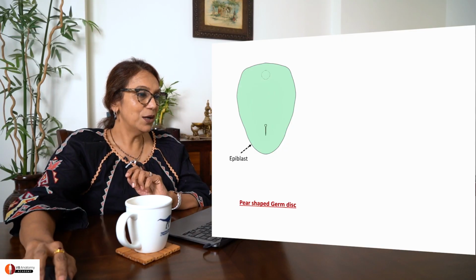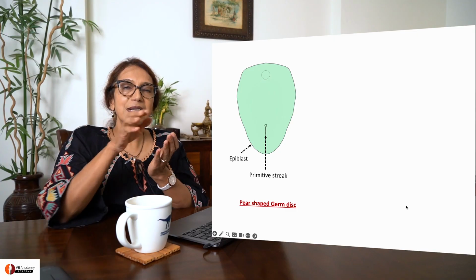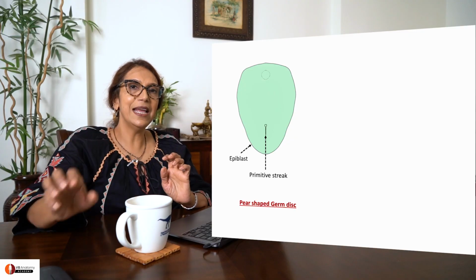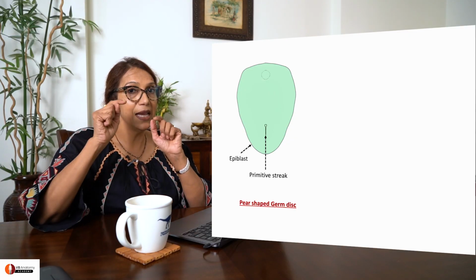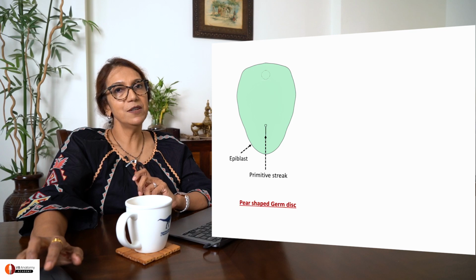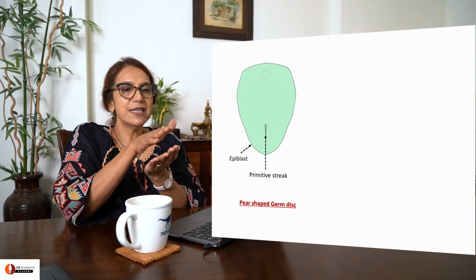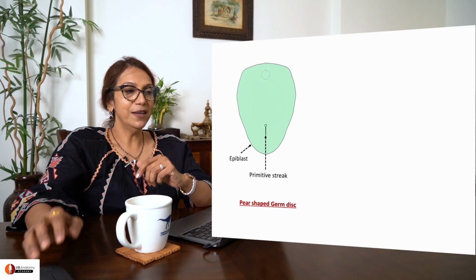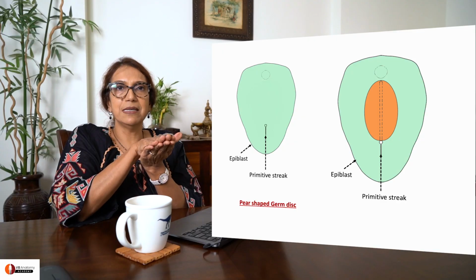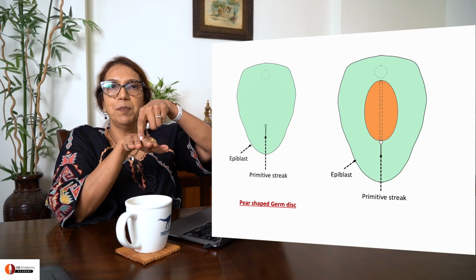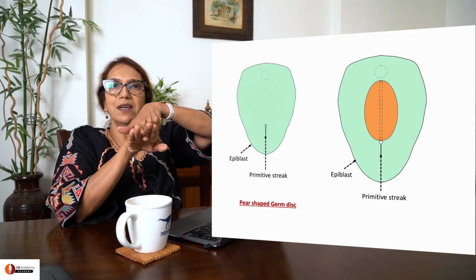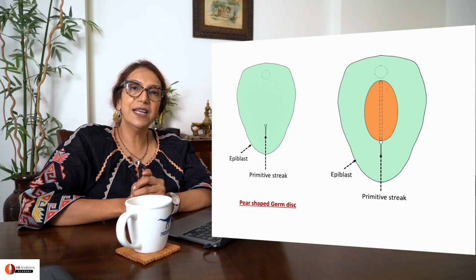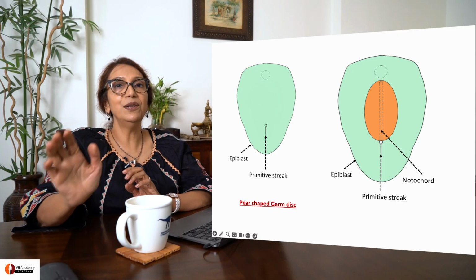Now what happens? At the caudal end of this developing embryo, some cell series develop an elongation. An elongated elevation in the developing embryo in the epiblast is called as the primitive streak. Just imagine that there are cells in this bilaminar embryo which become elevated in the caudal region. Okay? These cells now begin to depress down. This is epiblast. They depress through the epiblast and begin to appear inferiorly. Can you see my finger appearing inferiorly? Okay. So they begin to appear inferiorly, and this cord of cells is called as the notochord.